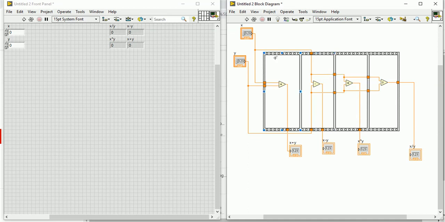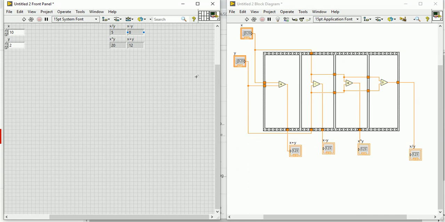Fine. Now all sequences are there. There is only one operation in each sequence, and everything is connected with inputs and outputs. So now you can give x some 10, and for y you can give, for example, 2, and let's see. If we run the program, all of it will execute and it will show x divided by y, that is 5, x minus y, that is 8, x into y, 20, x plus y, that is 12. Okay, so let's run the program. What will happen? Okay, see, everything came just after running the program.